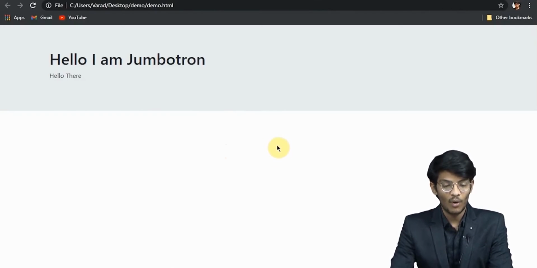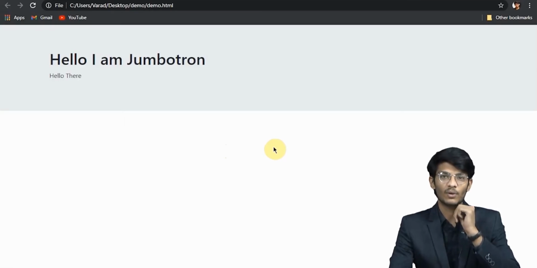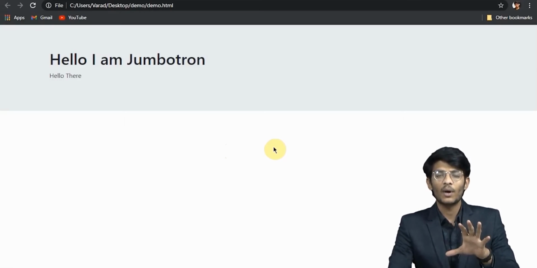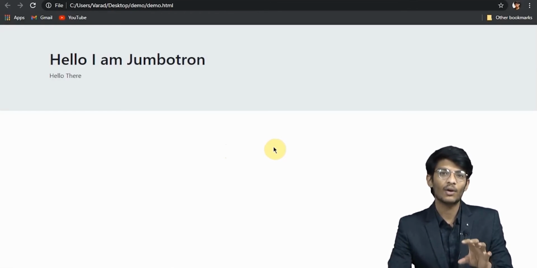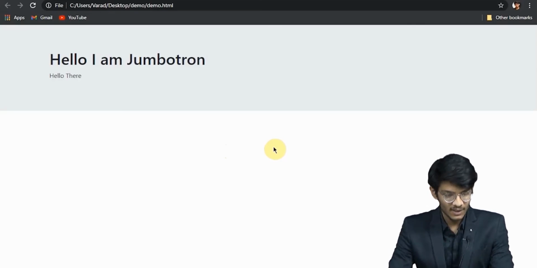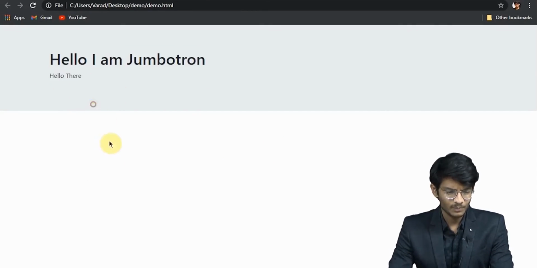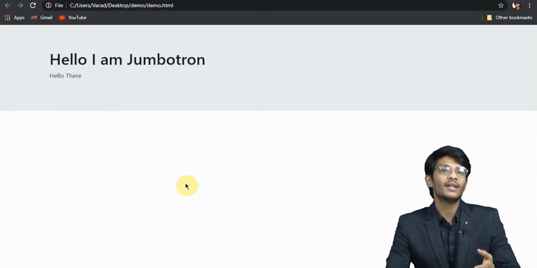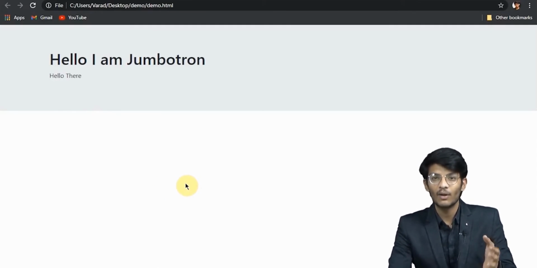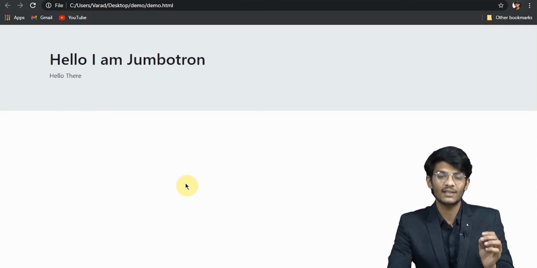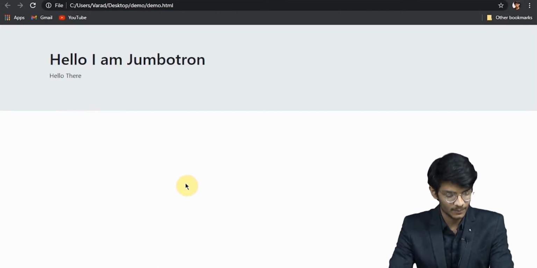So, how to use Jumbotron? Well, we can use it to enhance our heading on a particular page. This is the H1 I wrote and this is the p tag. So, let's just try to do it in CSS and compare what the CSS does and what the Bootstrap does.